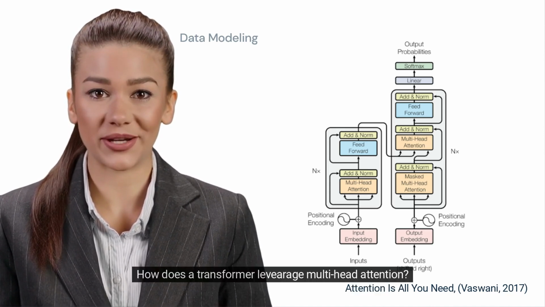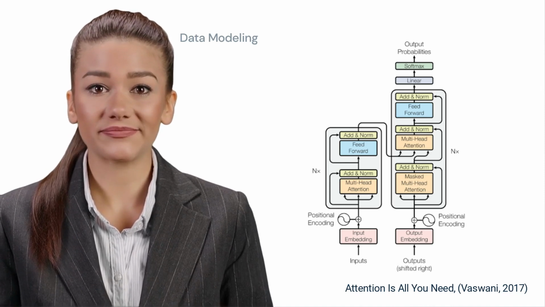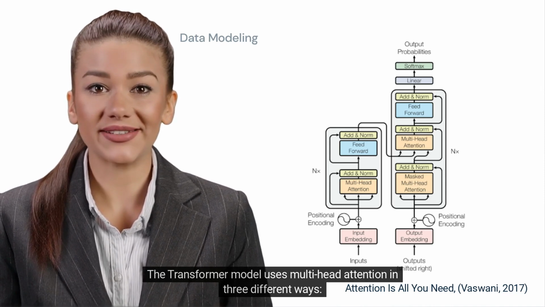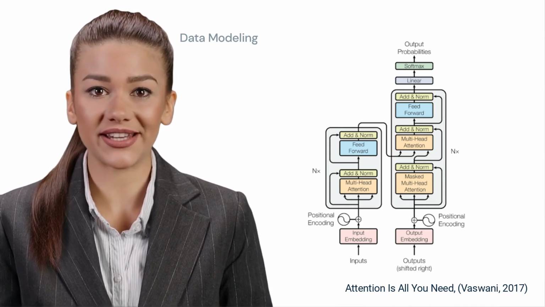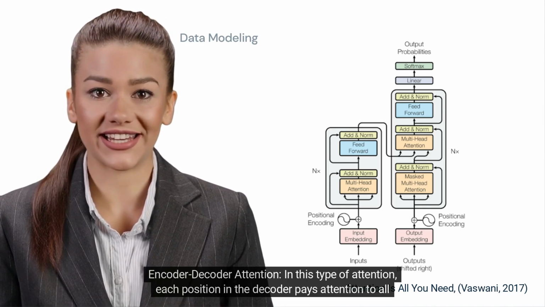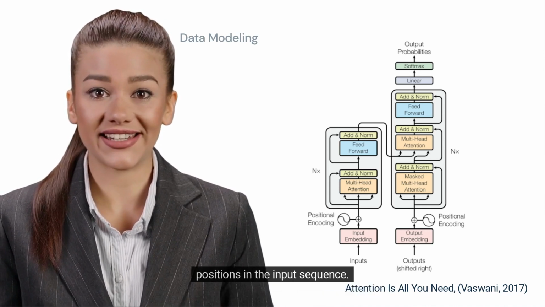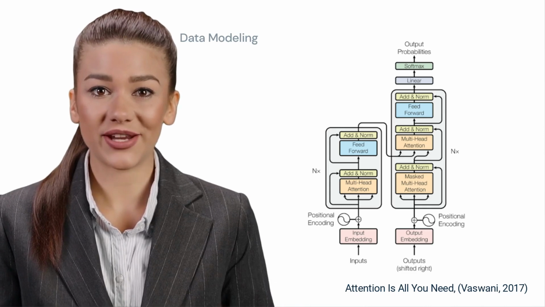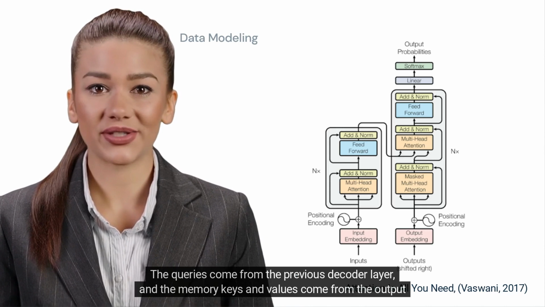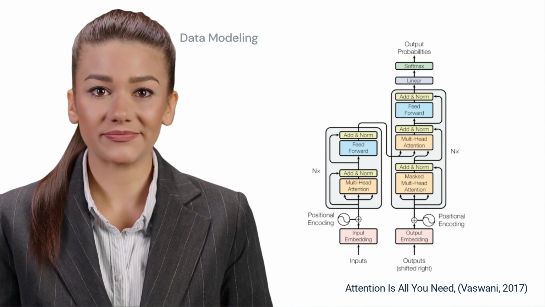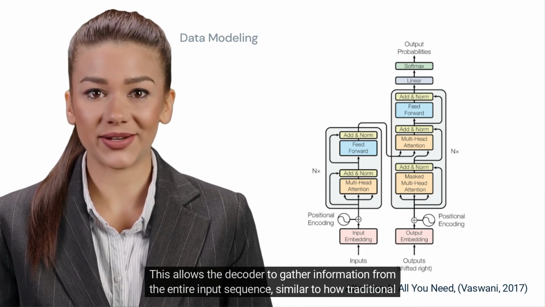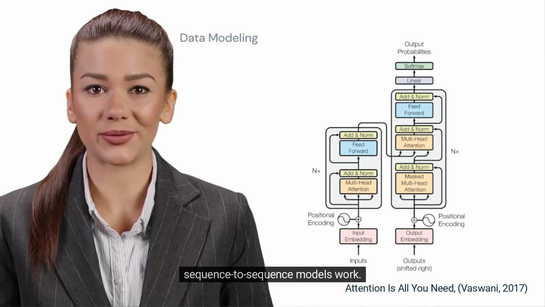How does a transformer leverage multi-head attention? The transformer model uses multi-head attention in 3 different ways. 1. Encoder-decoder attention. In this type of attention, each position in the decoder pays attention to all positions in the input sequence. The queries come from the previous decoder layer, and the memory keys and values come from the output of the encoder. This allows the decoder to gather information from the entire input sequence, similar to how traditional sequence-to-sequence